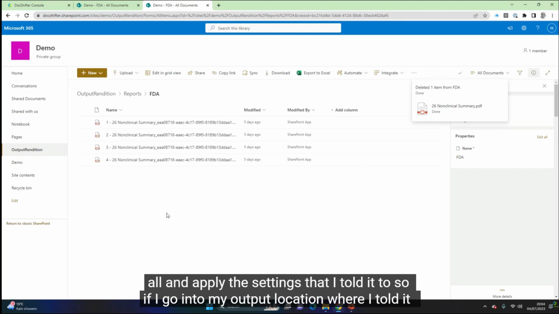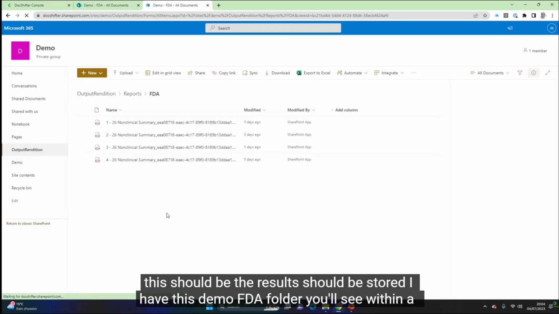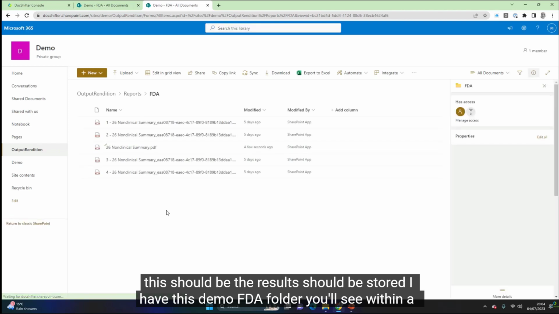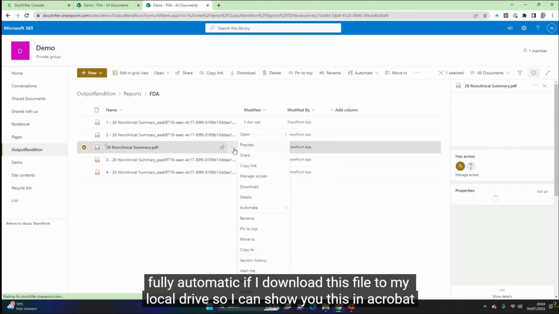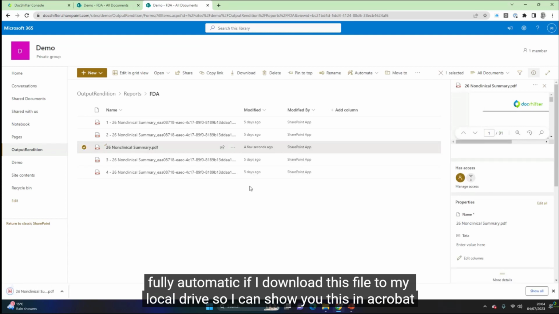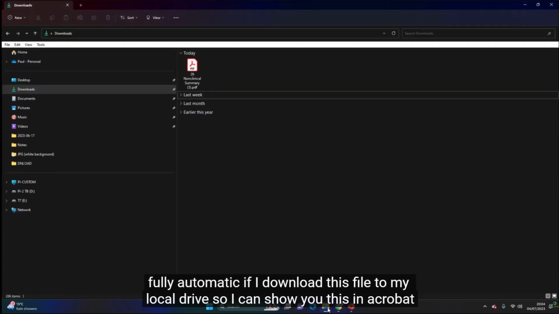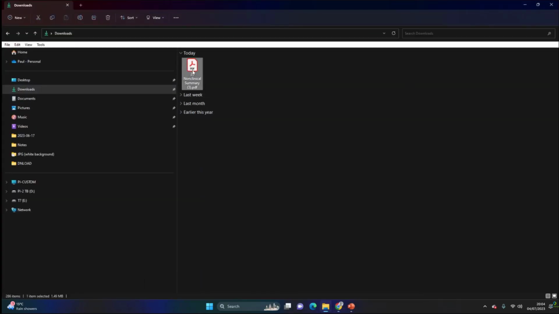So if I go into my output location where I told it the results should be stored, I have this demo FDA folder. You'll see within a few seconds my report has been created. There's been no human intervention whatsoever. It's fully automatic. If I download this file to my local drive so I can show you this in Acrobat,